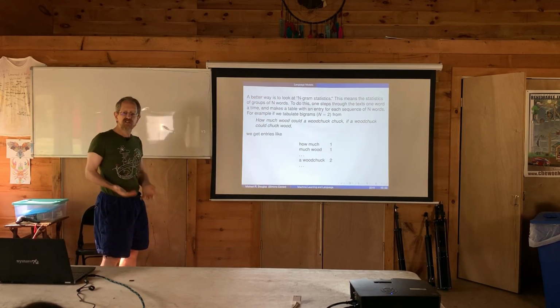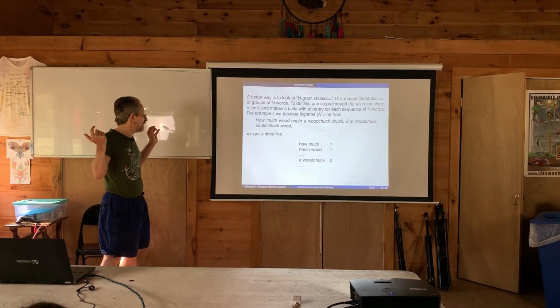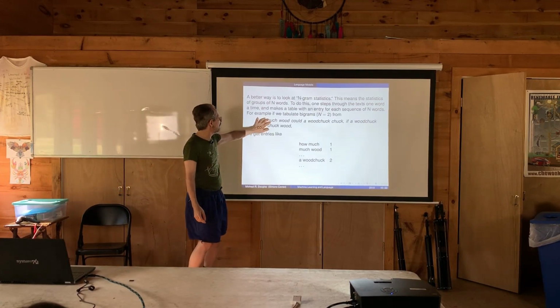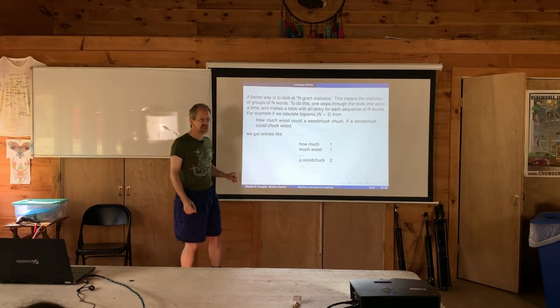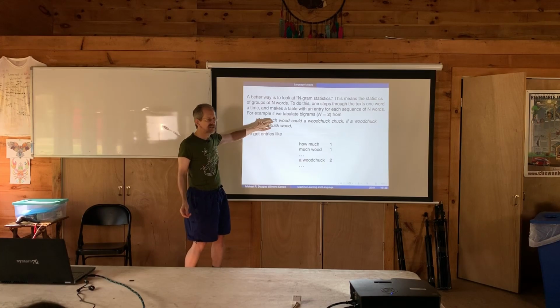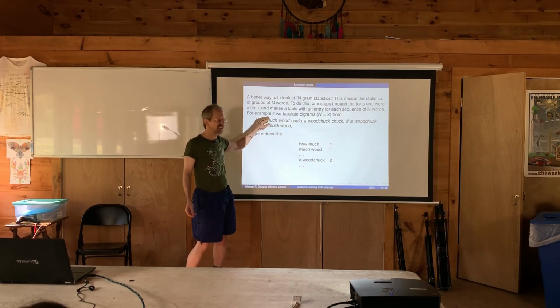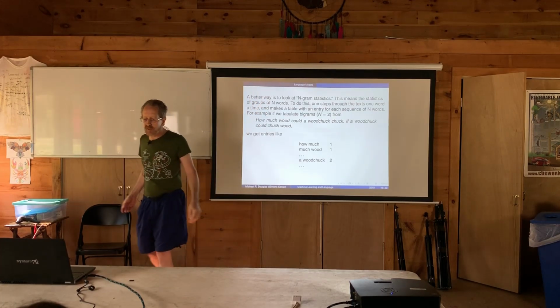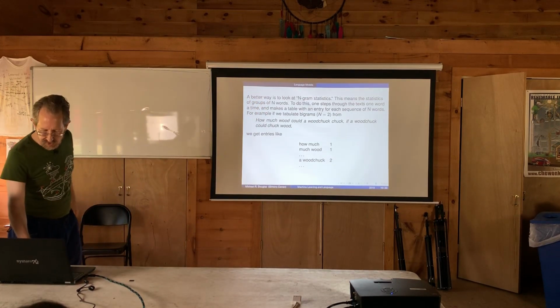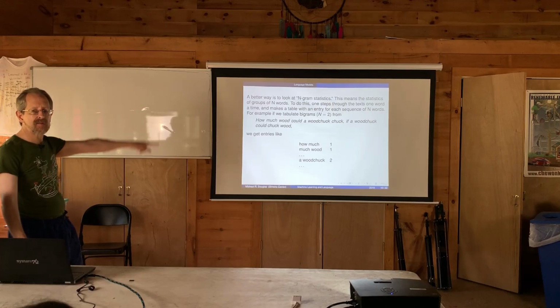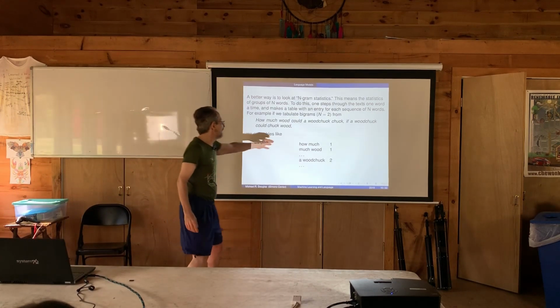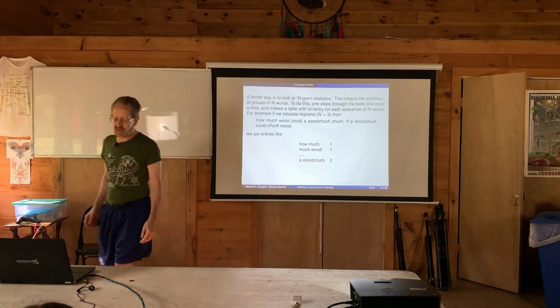But then this is where the slightly tricky point comes in, which is that, of course, when I say how much and I say much would, those are not independent choices, because once I've said how much, this word has to already be much. And so I can't just put any bigram there. I have to put something that starts with much. Okay, so I can't just sample the probabilities. I can't just pick the things according to the probabilities that I would get out of this.